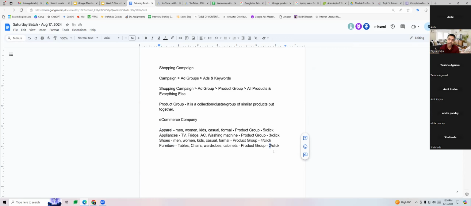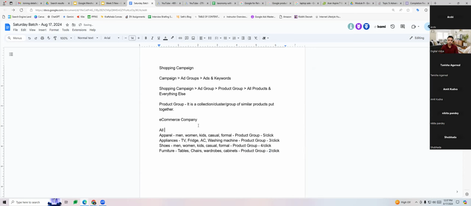You're not paying a flat amount for all types of products. That is the benefit of bidding on product groups. This whole thing you will have to set up under the all products section, which I'll show you on the platform. This is going to be one part of it.